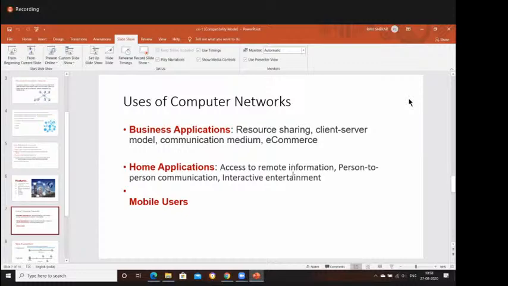Remote information means if the data is available somewhere in a computer, we can access that information by sitting here. Person to person communication we also use, and in the entertainment field we also use computer networks. The last thing is mobile users, for mobile communication also. These are the uses of